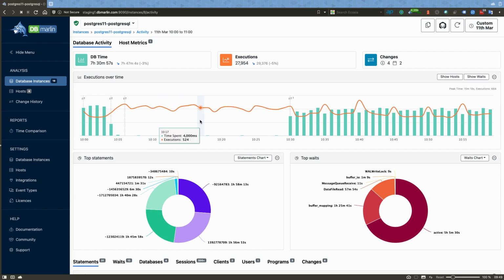One of the things you'll spot straight away is that DBmarlin tracks changes and overlays them onto the timeline, as you can see here. The time dropped when a change occurred, and the time in the database suddenly shot back up when more changes occurred. Already, we're very close to the root cause of the issue,